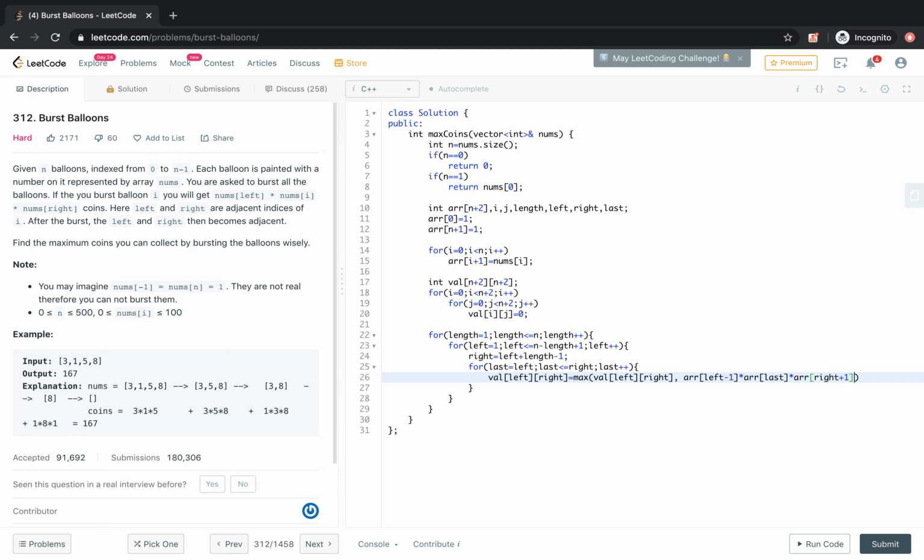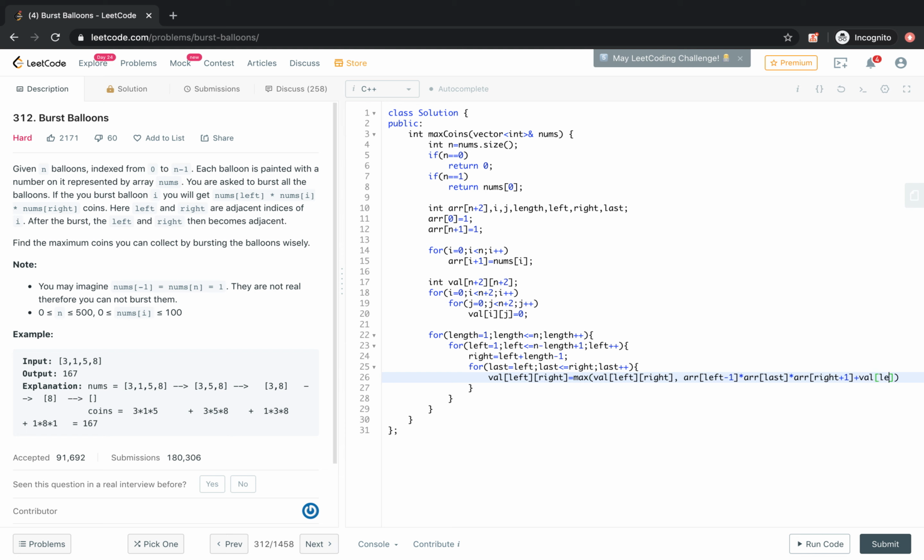So this is the value of bursting the last element in that sub array, and it will also add the existing value of the sub problem from left to last minus 1 and from last plus 1 to right.